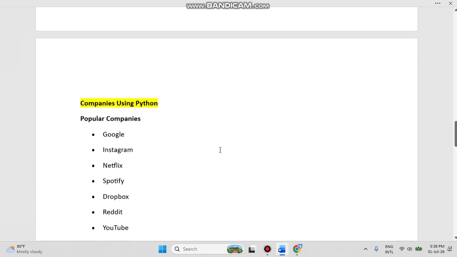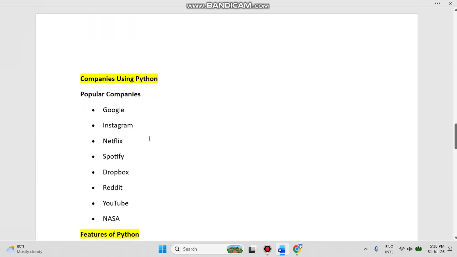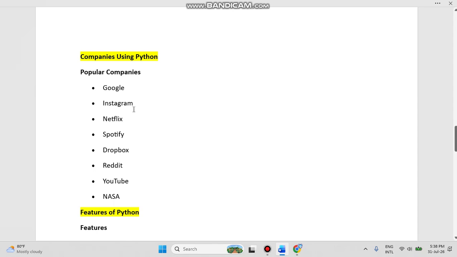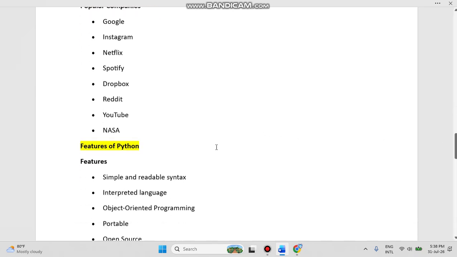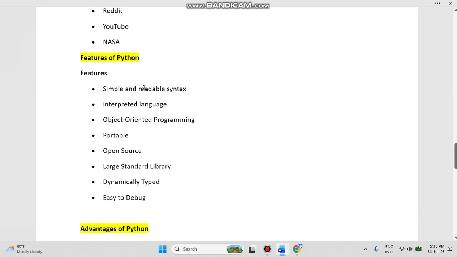Now if you look at which kinds of companies are using Python: Google, Instagram, Netflix, Spotify, Dropbox, Reddit, YouTube, NASA. Most popular companies nowadays are hiring Python developers, or those who know Python. Okay, so that is good to go. Now, apart from that, which kinds of features are provided